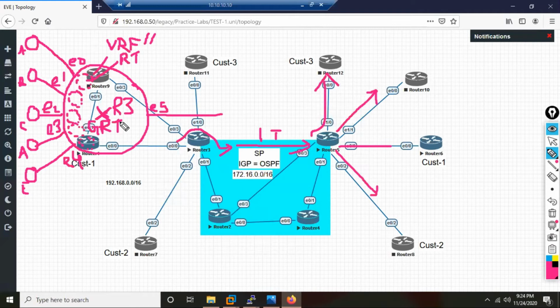On every router, can I run RIP? Yes. Can I run EIGRP 150 times? Yes. 100 times? Yes. So this VRF solved that problem of overlapping addresses. Now the next challenge. What is the next challenge? From one end you have to forward the routes to the other end. So this challenge is still there now.